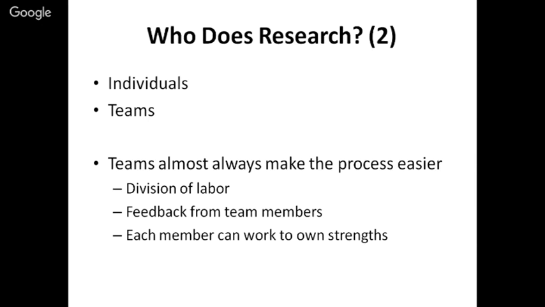A team always makes the process easier, because if there is any deviation from the main point, the group members can bring the group back onto the right track. But if there is only one individual and the research deviates from the right direction, it is very difficult for oneself to identify his or her own errors. So it is always better to have a team. Feedback from the team members also improves the quality of the research. That is also a key point of a team.